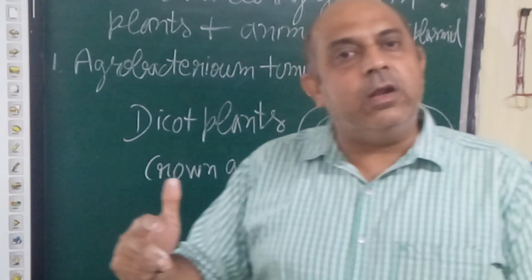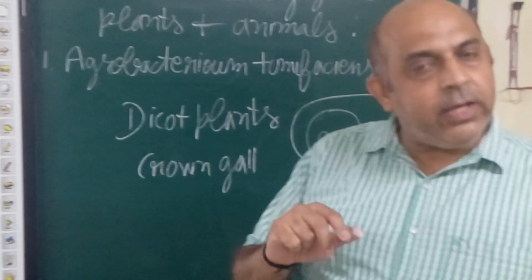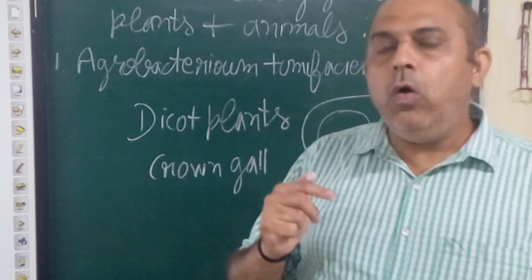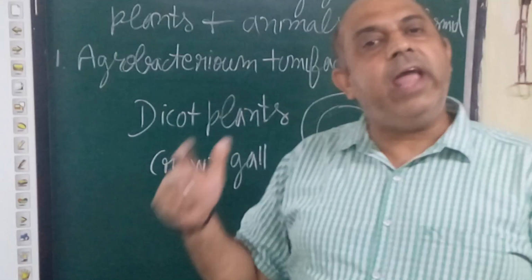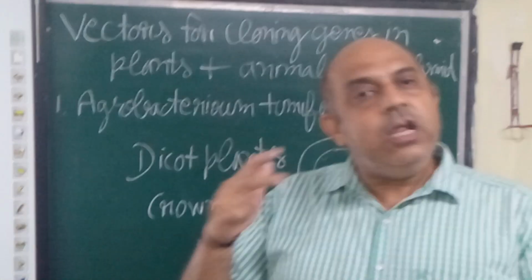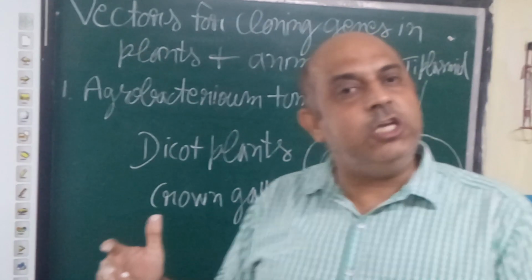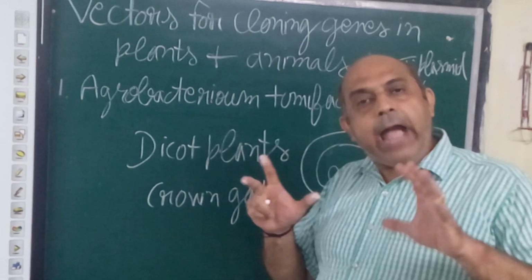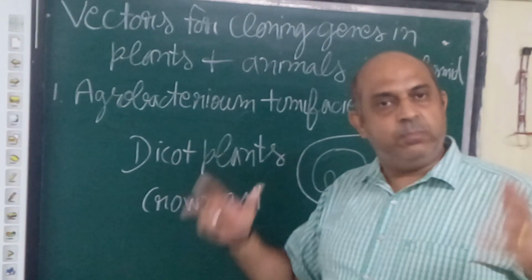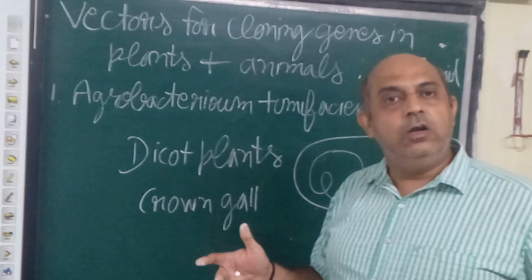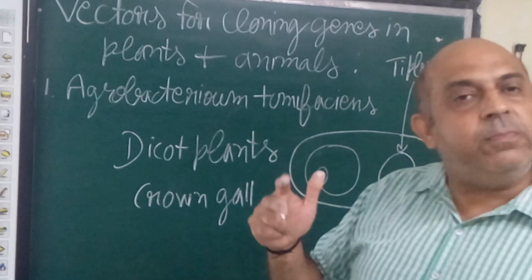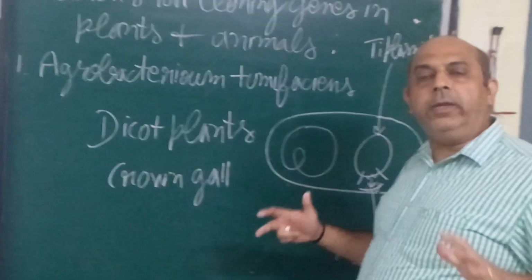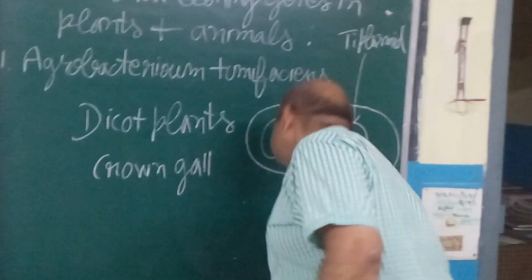Students, in the next chapter, you will study a topic, pest-resistant plants. That is a case of tobacco, where a nematode attacks, and the name of the nematode is Meloidogyne incognita. In that case, you will see we have used the Agrobacterium tumefaciens plasmid as a vector, so that pest-resistant plants can be created. And another example of this topic is retroviruses.